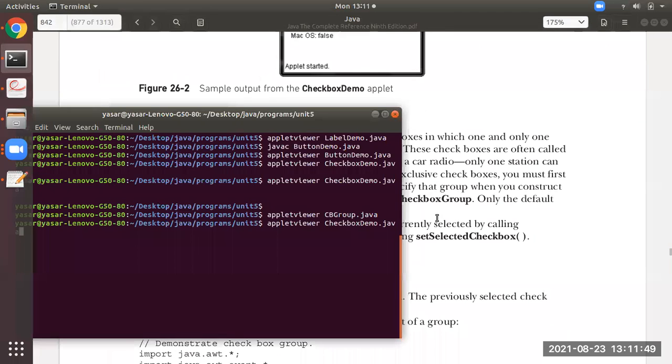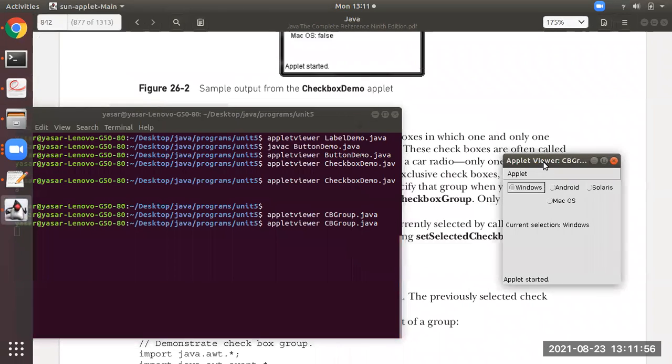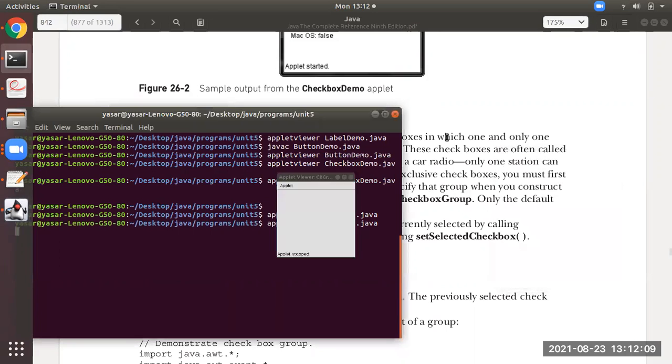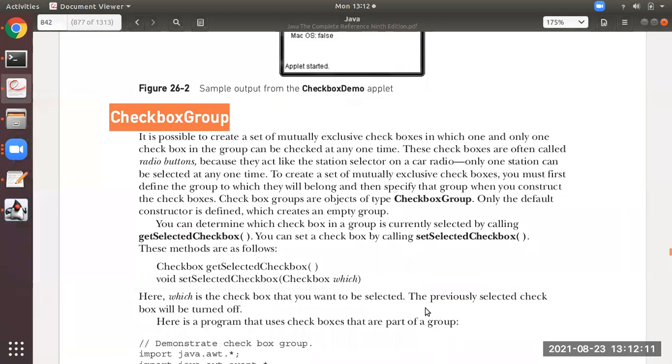So what you have seen just now, this is the checkbox group. You can select only one. Suppose I'm clicking on Android, you are able to see the message that I have selected Android. Click on Solaris, only Solaris is selected. macOS, only macOS is selected. So that is the checkbox group.